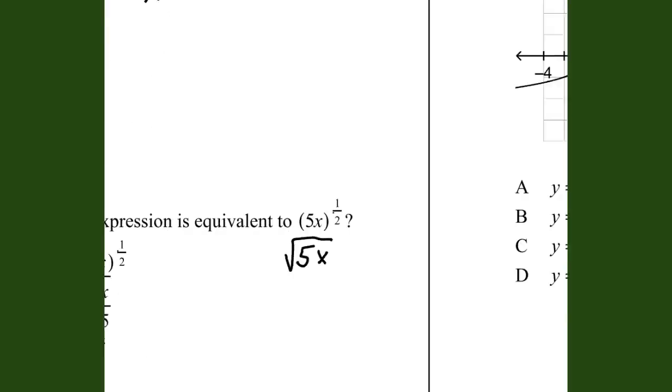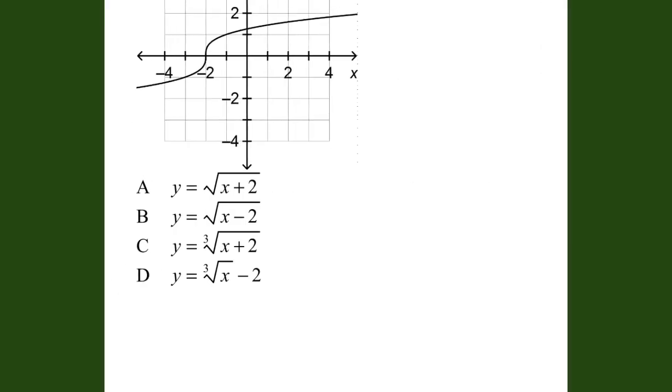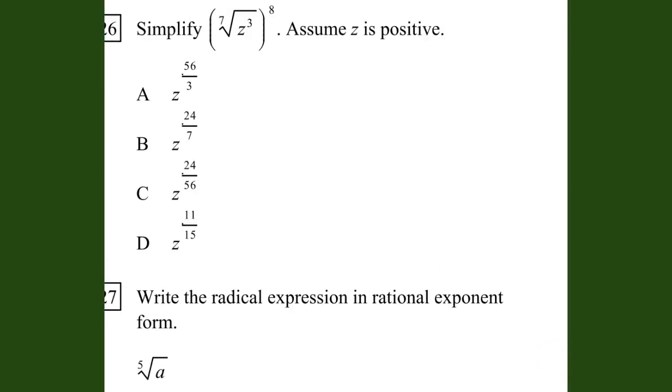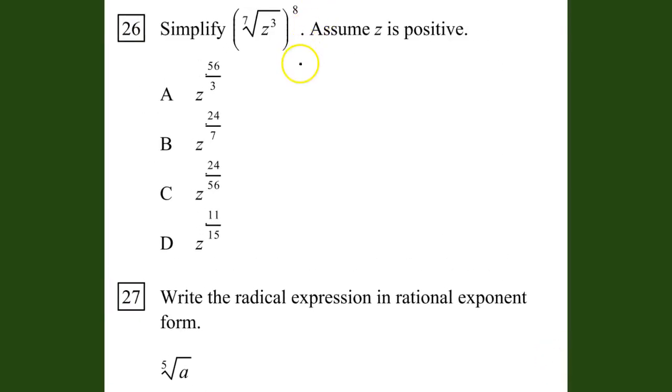Okay, 26. Let's go to the second column. Okay, some more exponents. So just like square root was 1/2 power, this is the 7th root. So instead of the 2 here, we have a 7. So it's very similar to the last problem. So we can rewrite the 7th root as the 1/7 power. So this is the same as z